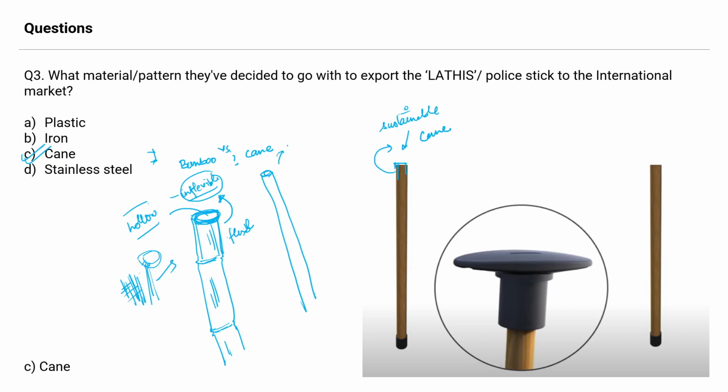However, cane is a solid cross section, so it's much more dense and it's not that flexible. It's quite hard. From the flexibility point of view, because bamboo is hollow, it has nodes and you get flexibility, but in cane it is not so. Cane you must have seen, we use it quite a lot in furniture. Although bamboo is also used in furniture,